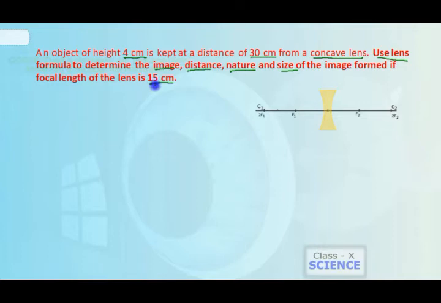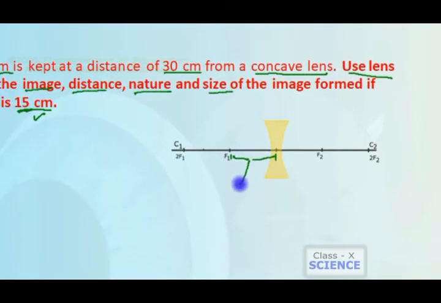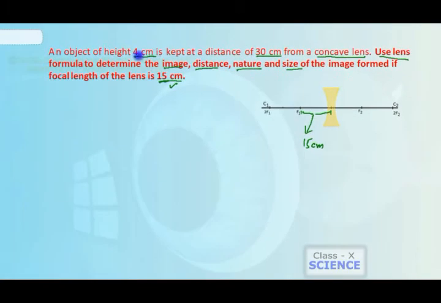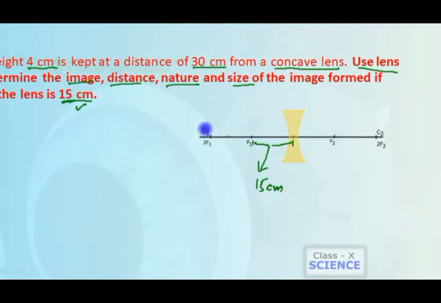In the question focal length is given as 15 centimeter. Whenever we talk about a concave lens, the focal length will be on the left hand side. So this is the distance we will take for focal length, optical center to the focus. The focal length is 15 centimeter, right? An object of height 4 centimeter is given at a distance of 30 centimeter. If focal length is 15, then double focus will be 30. So somewhere here; exact position we don't need to write, just keep the object, the rest we will find through solving the numerical problem.